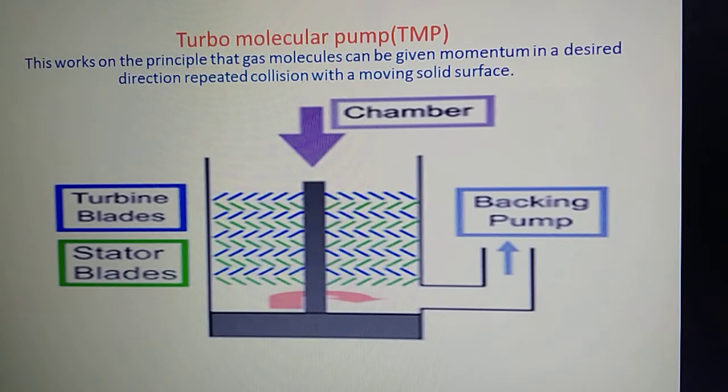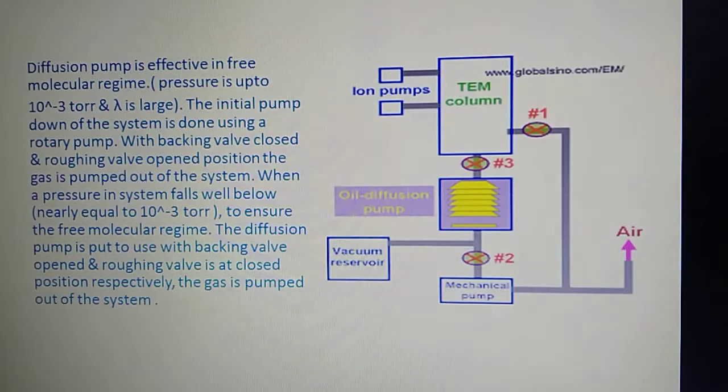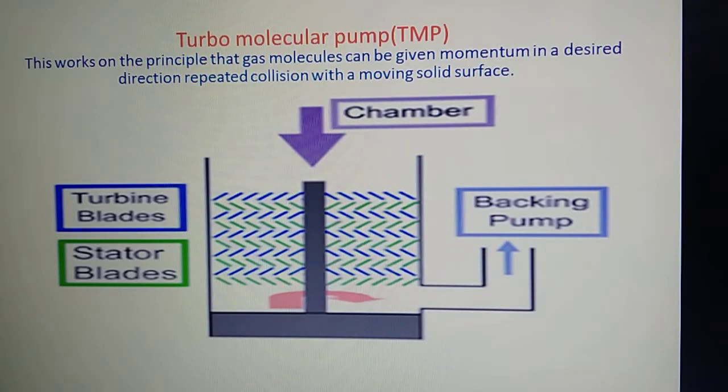So far, we have studied two pumps, a rotary pump, and last time we have studied oil diffusion pump, its basic principles and working of those pumps. Now, in today's video, we are going to study the next kind of a pump that is called as a